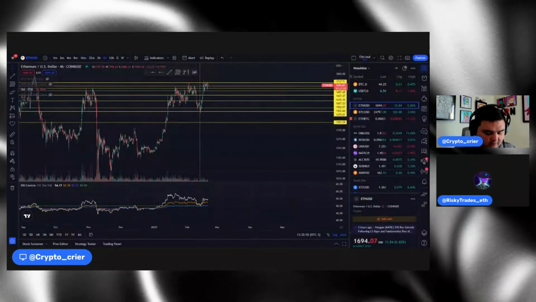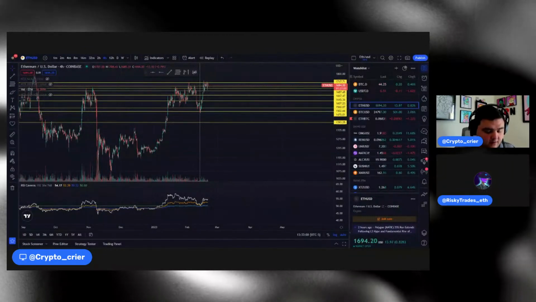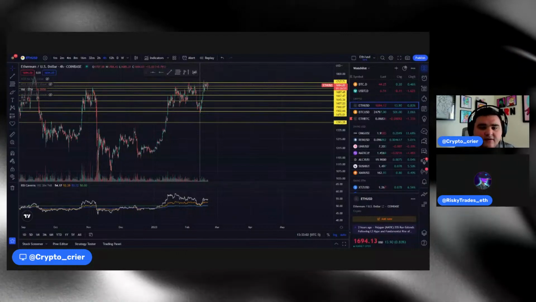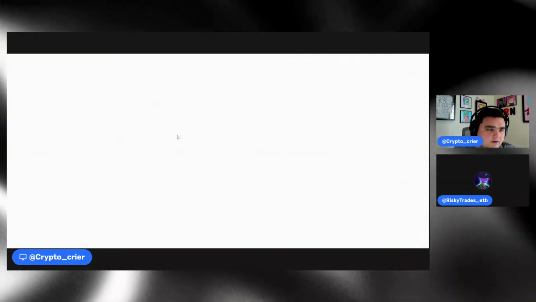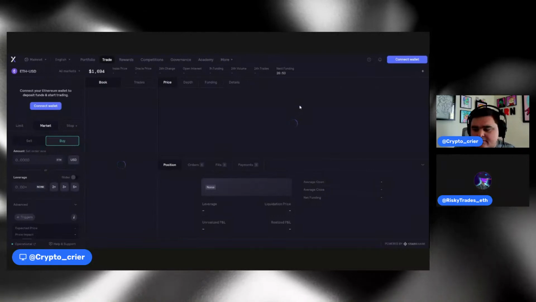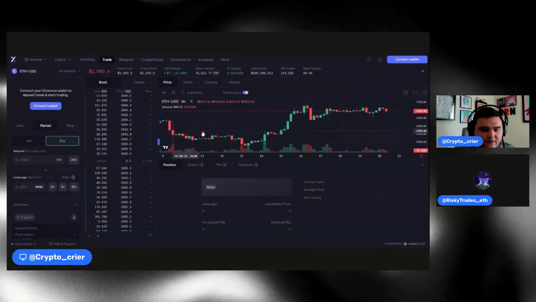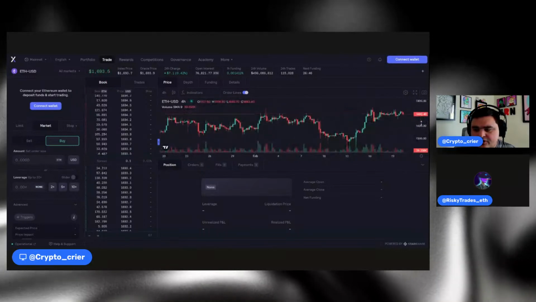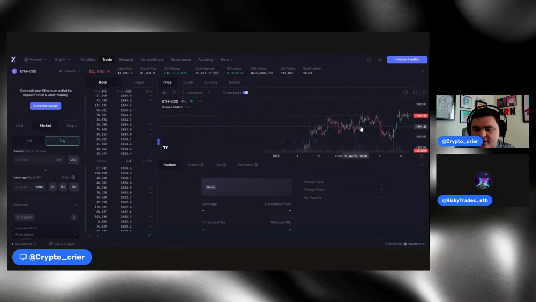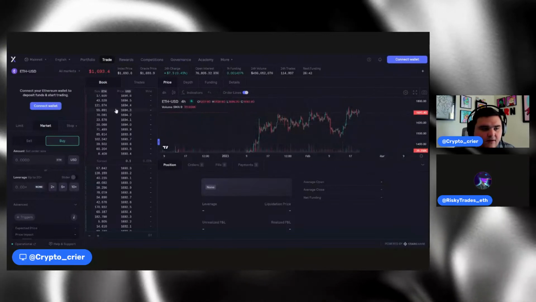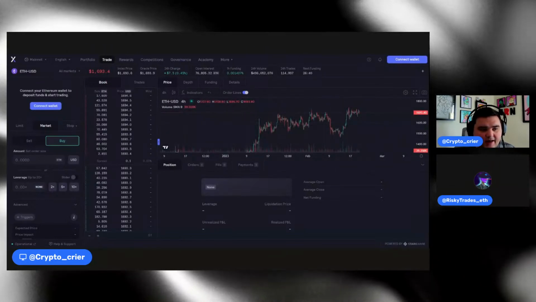Mostly dYdX for any of these trades, so we can go there. But it's very easy to use. You're trading pretty much the current price, but you're not using the actual spot asset, which